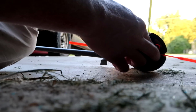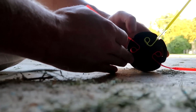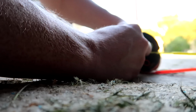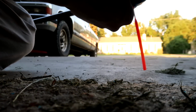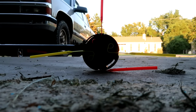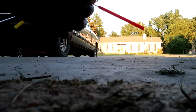My wife will be extremely happy if I get some weed eating done, because it's been about a month since I had anything that was able to do the weed eating here. Shoestrings didn't work. Speaker wire didn't work, and I believe the last part here is just to put the cap on, which, here's the cap. I haven't tried it yet, so